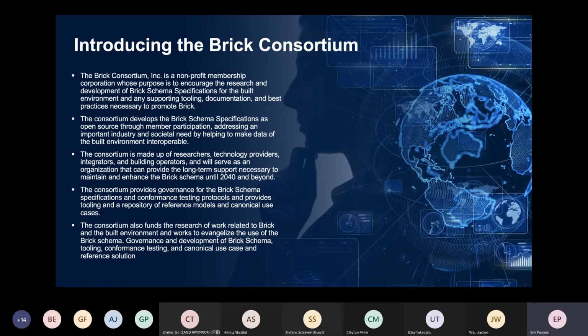The consortium also is going to fund some of the research work around the Brick schema in universities, as well as fund some of the evangelization and marketing around Brick and bringing Brick to the marketplace and having a presence at things like the AHR show or maybe a RealCom or host an event itself, but to have the capacity to function on its own and to work as a collaborative group to promote and help Brick spread.